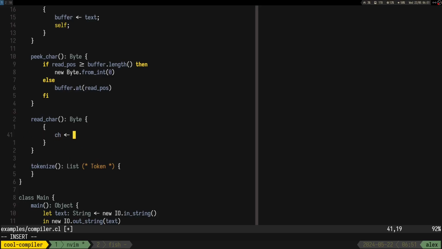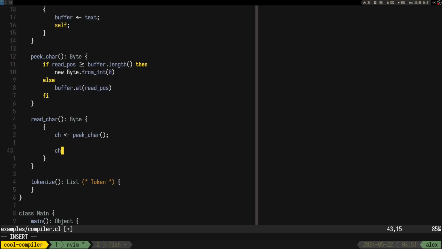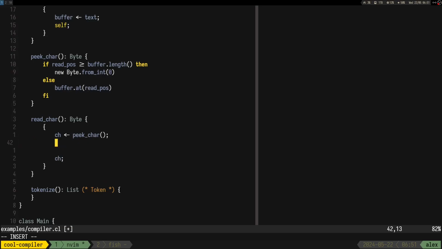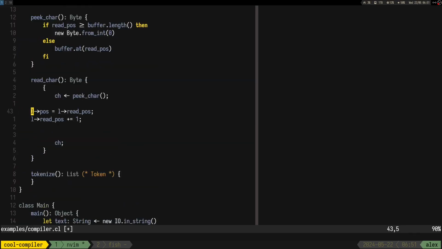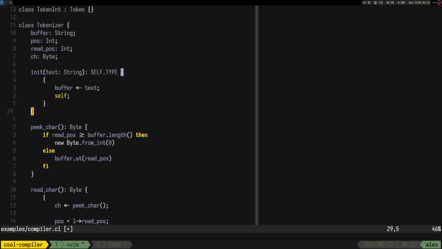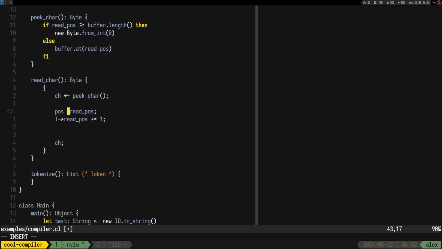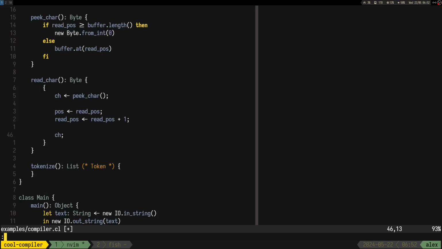So ch, which is our character, is going to be picture. At the end we return character, and in here we are going to do this stuff. Right, so we are going to say that position is equal to read position, and then read position plus 1, so we advance it. This is basically the translated C code into Cool.